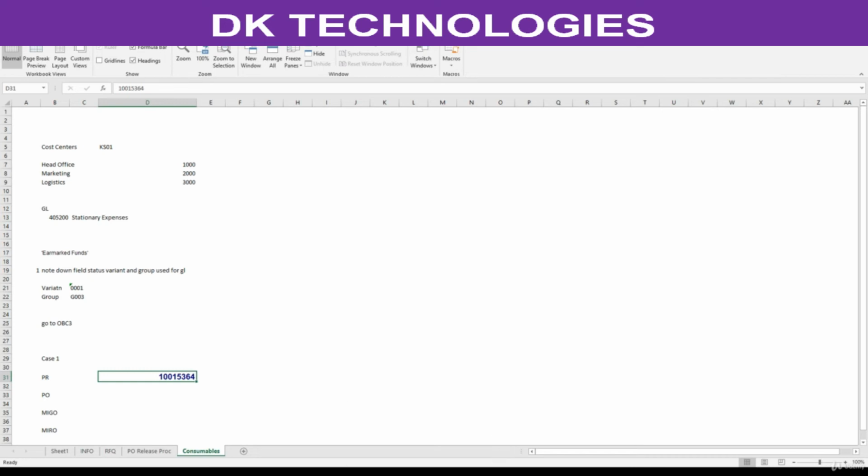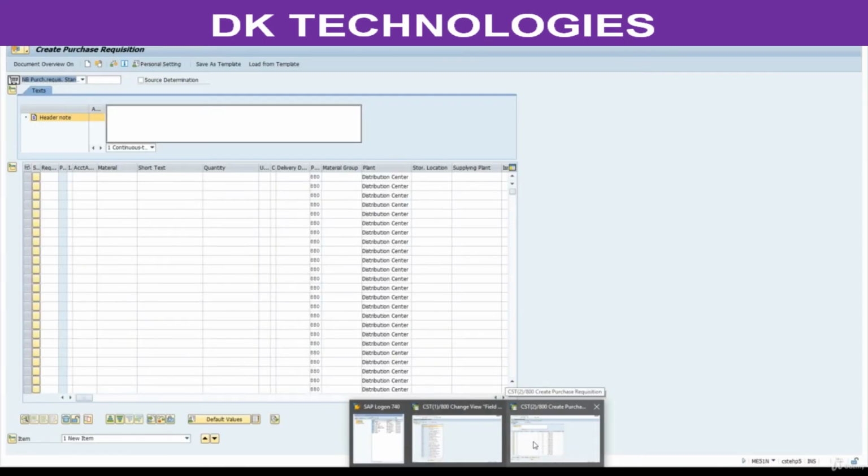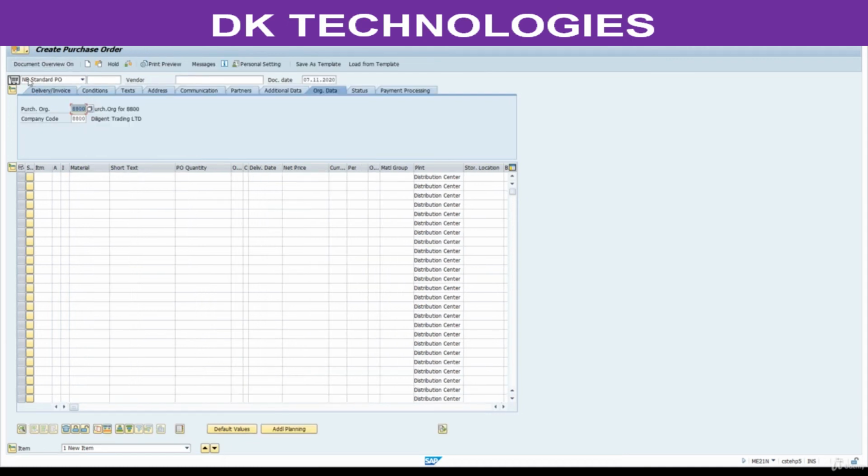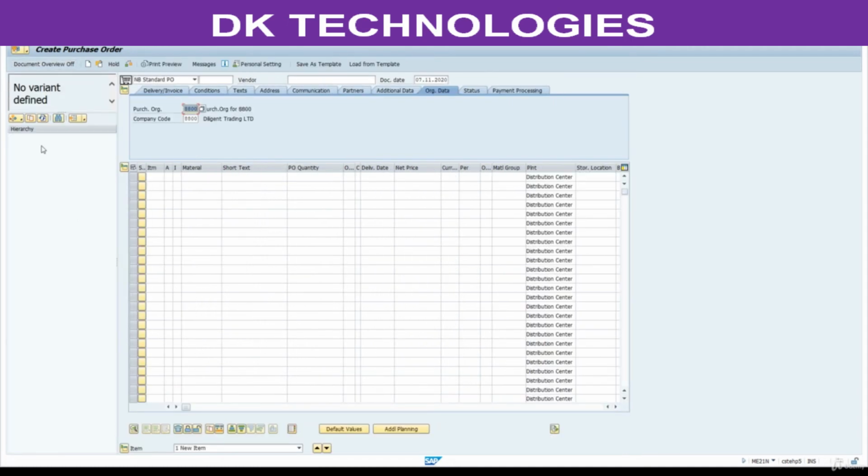Now next step is to create a purchase order. ME21N. Click on this one. Click here. See, here we have purchase requisition. Here we have my purchase requisition. My purchase requisition means whatever the requisitions created by my user ID. If you want to look for purchase requisitions created by others, then select this one, purchase requisition. Right now select this.